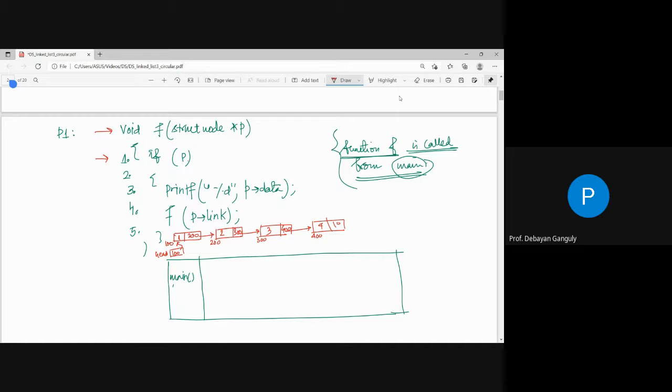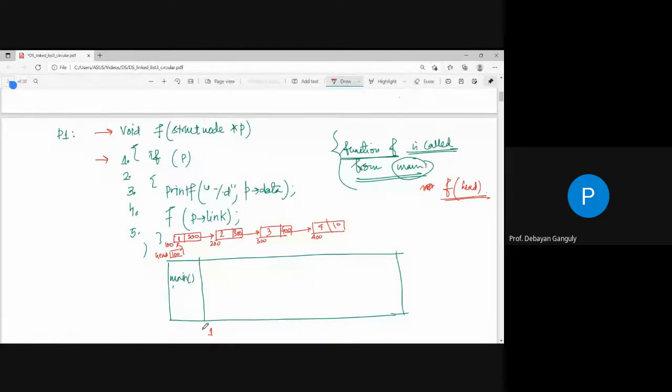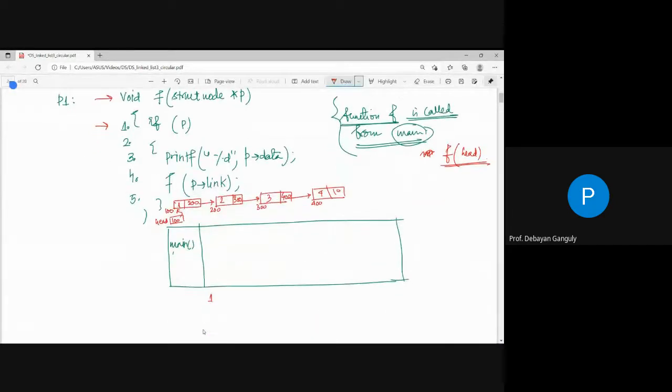So here p is nothing but head initially. Until that gives a null value, your program will run and it will print the data part. What is the data part? Data is 1. That means initially it will print 1, and it will call